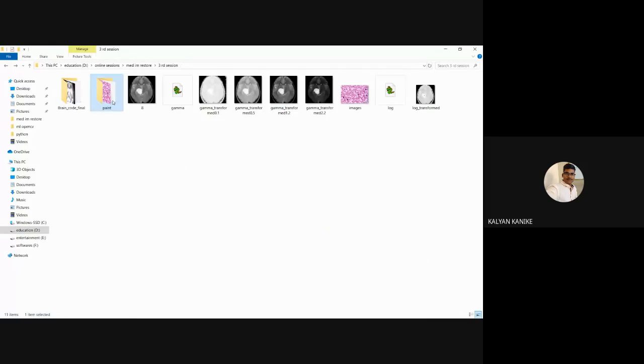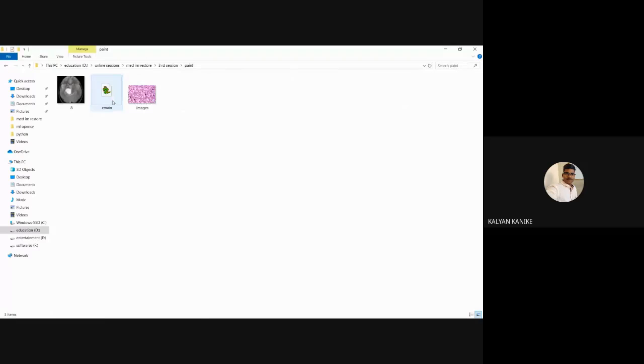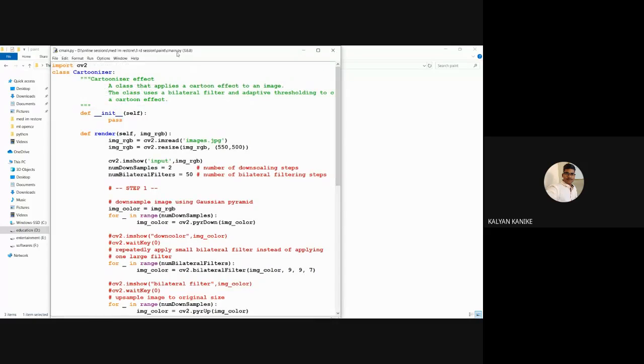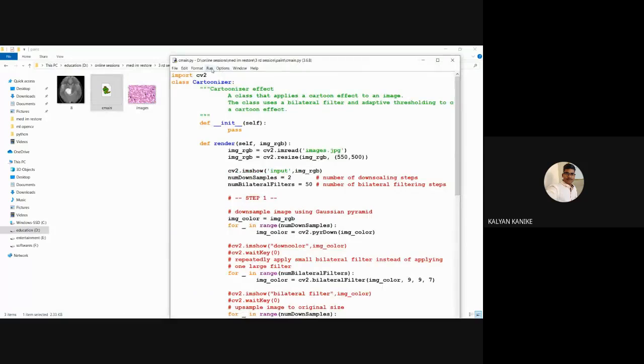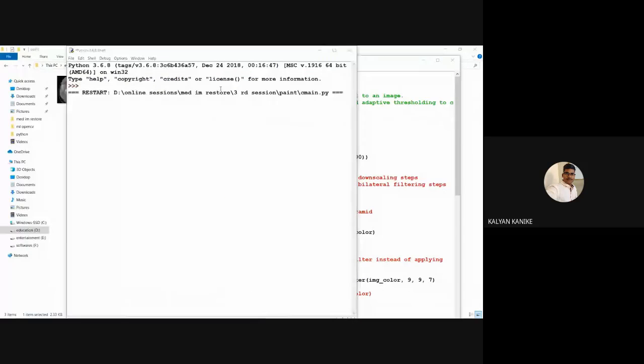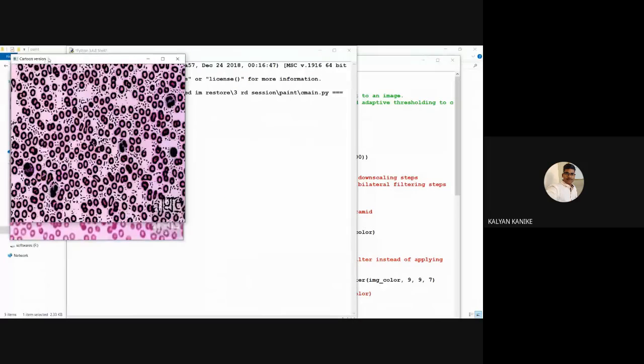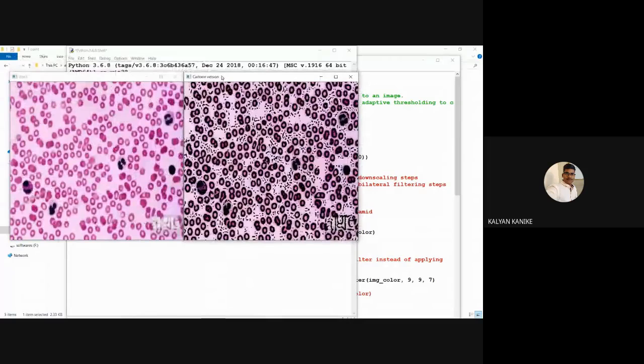Next here another process is there, it's about the painting to the image. So painting or cartoon, we can say that information you can see here for this.